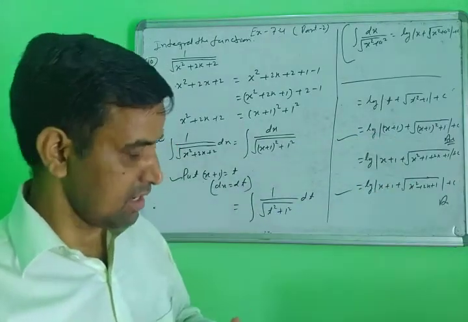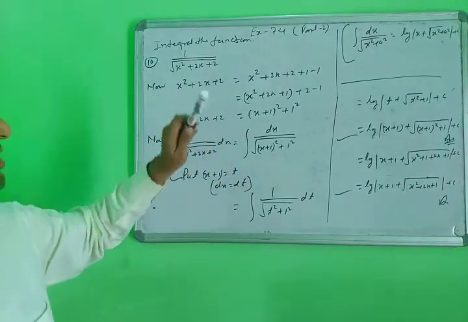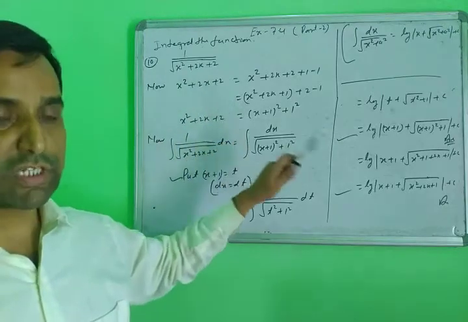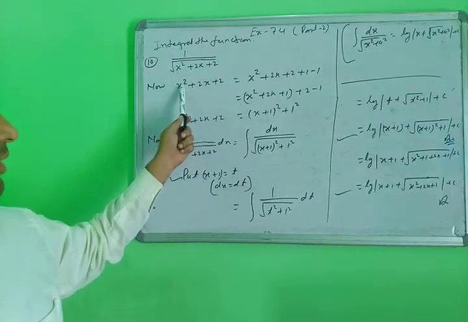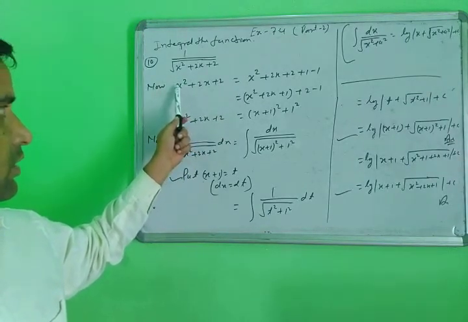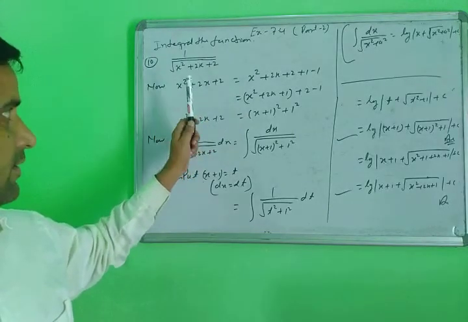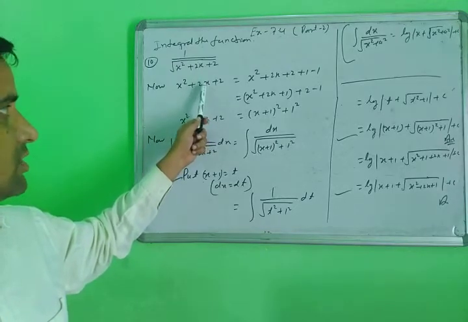No problem here. First of all, how to solve this question? This is the quadratic form of the equation. First of all, this question should always be converted into the perfect square form. First, check the quadratic: is there any coefficient on the square or not? In this question there is no coefficient on the square, so you will not take anything common here. After that, you check the x. What is the coefficient of x here?